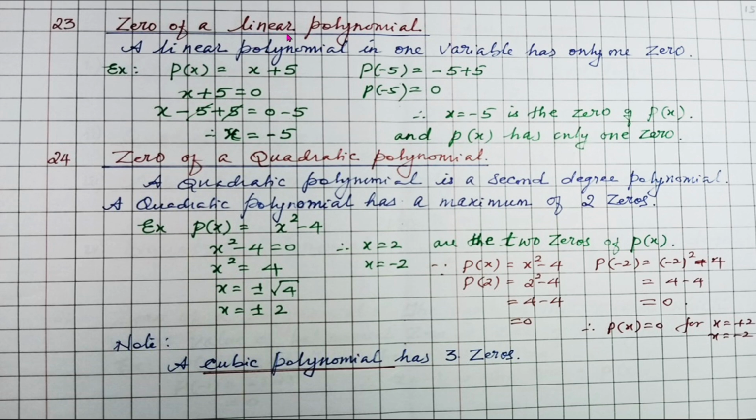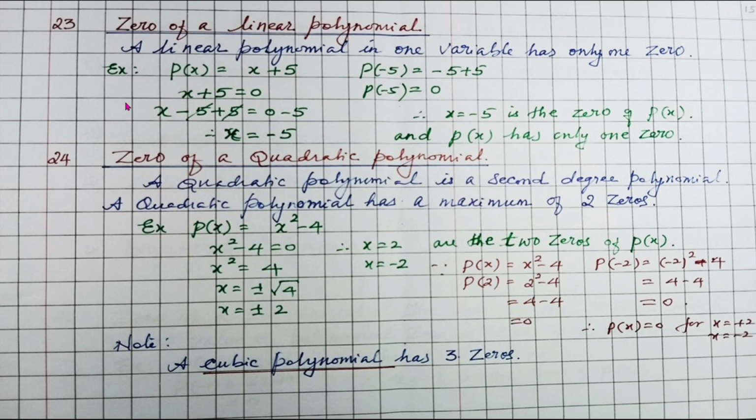Let me again explain this. A linear polynomial in one variable has only one zero. Now what does this mean? If you are given a polynomial p of x is equal to x plus pi, it is a linear polynomial in one variable. Now the value of this polynomial has to be 0 to find out the 0 of a polynomial. So x plus pi is equal to 0, and put minus pi on both the sides, we get x is equal to minus pi. Now if I find the value of p of minus pi, then the value of the polynomial becomes 0. Therefore, x is equal to minus pi is the 0 of p of x,